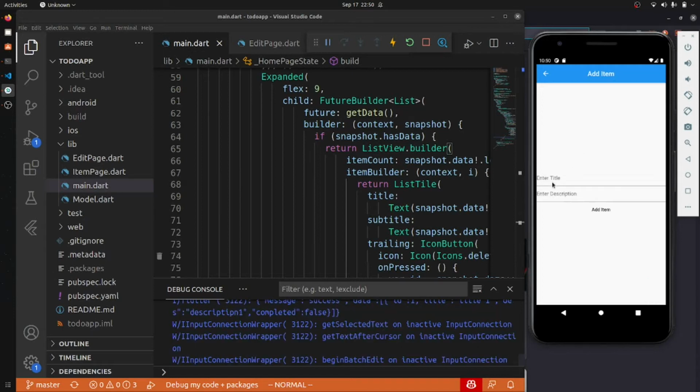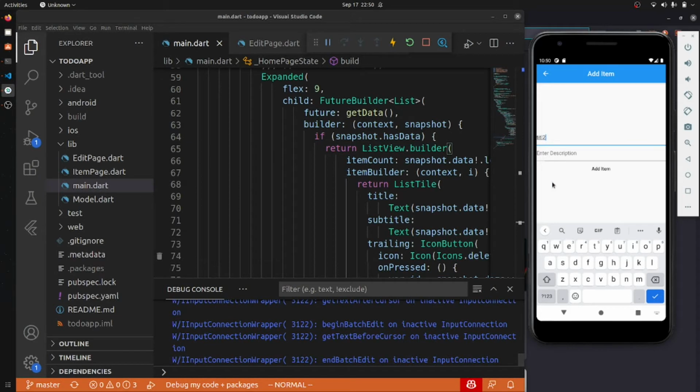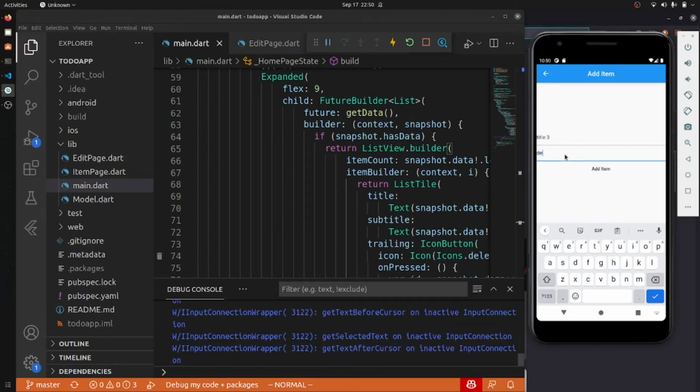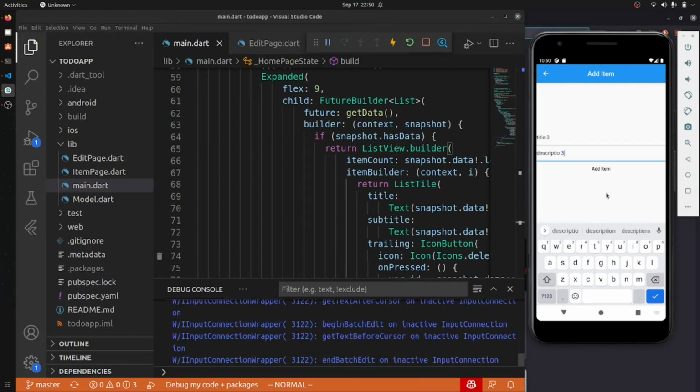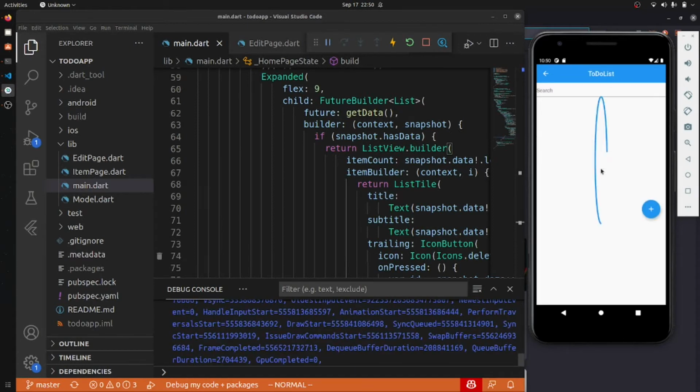Let me add one other thing: title 3, description 3, add. Yeah, so it was just a network issue.